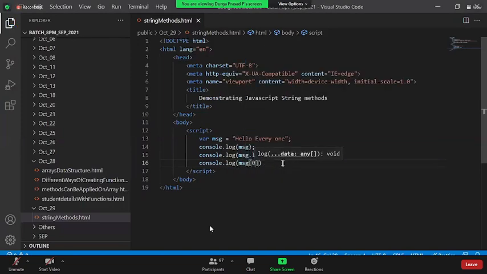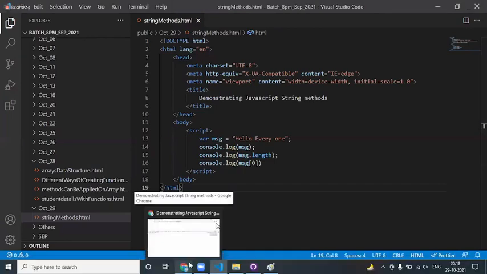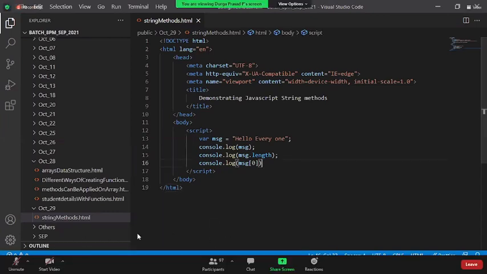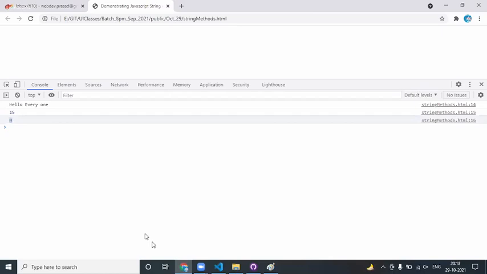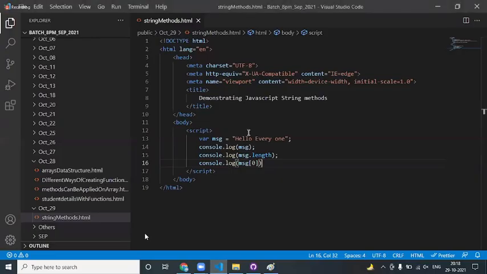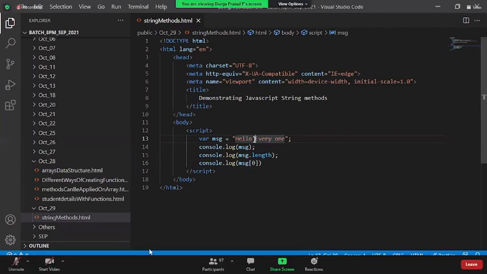with the 0 here, I want to get the first character from the provided string. Now I come back here and reload the page. Do you see you could get the first character? So how come? Like the question is, you're not putting it in the form of an array, but internally the memory structure will be created like an array, and you can access the data with the index values also. Am I clear?